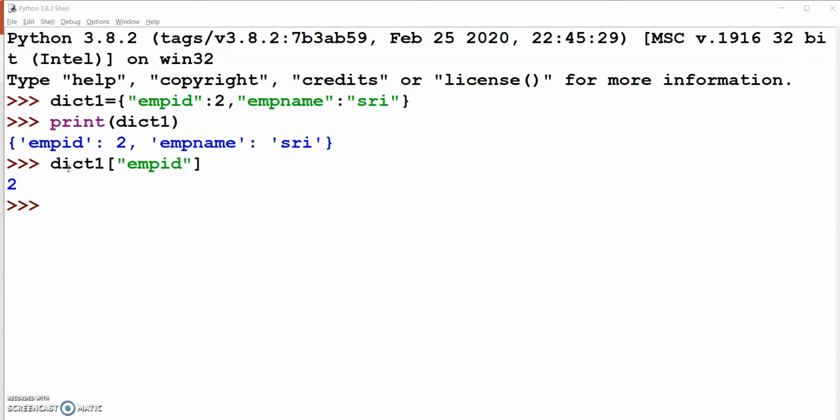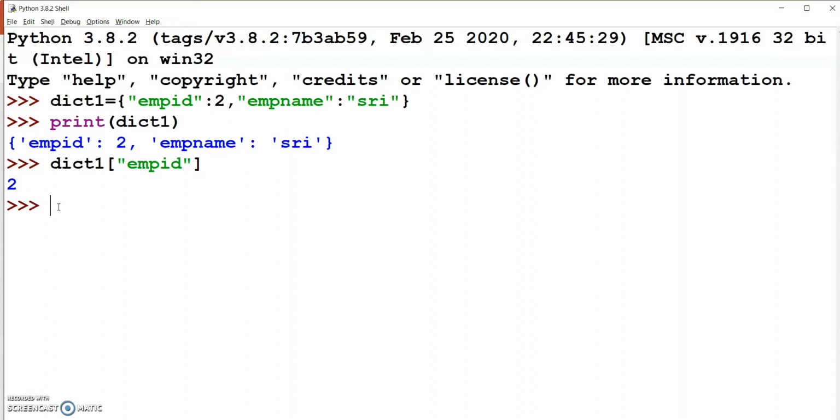We get the value. Next, add a key value pair. Here we have two key value pairs, that is emp id is equal to 2 and emp name is equal to Sri. Now I want to add the experience of an employee, so I add another key value pair.